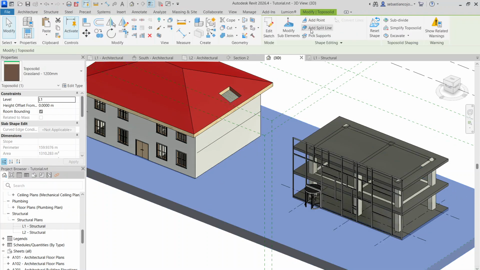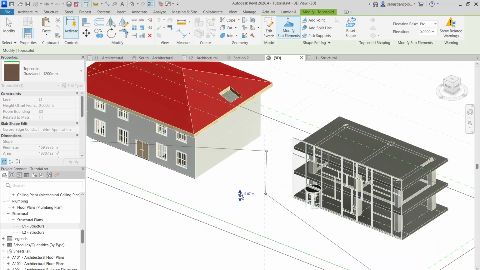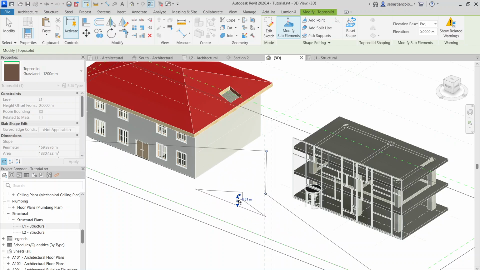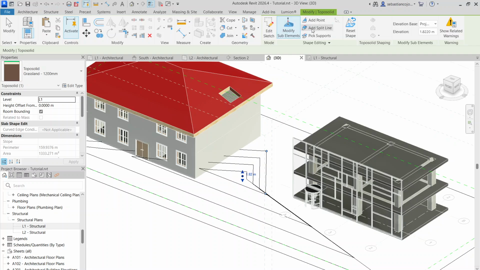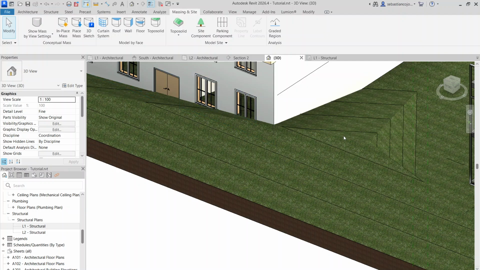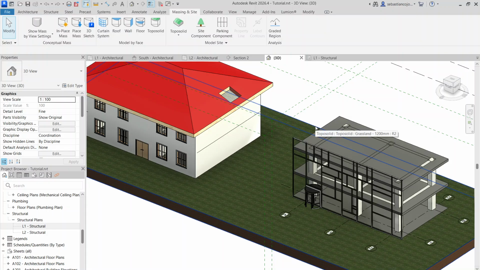You select modify sub elements and click on the points you created, and you can move them upwards or downwards. You can create mountains or valleys if you want. Let's create a mountain. And now we have a mountain. The problem is that it goes through our house, and I'll click Ctrl Z to reverse the command, but that's